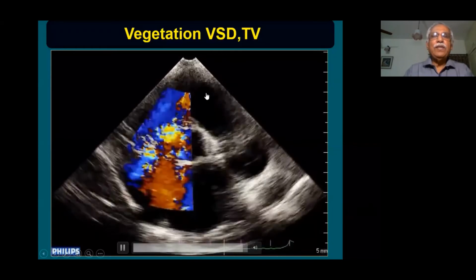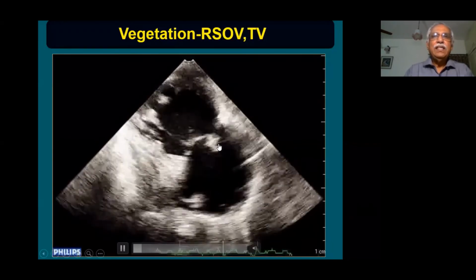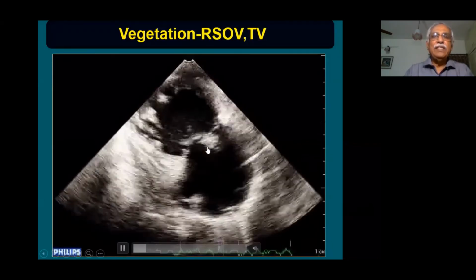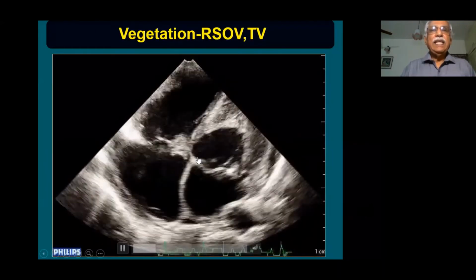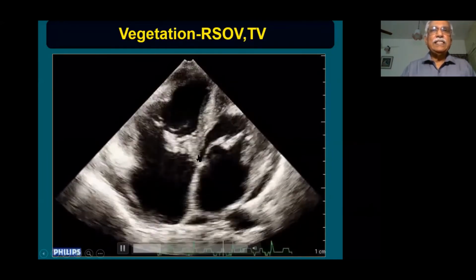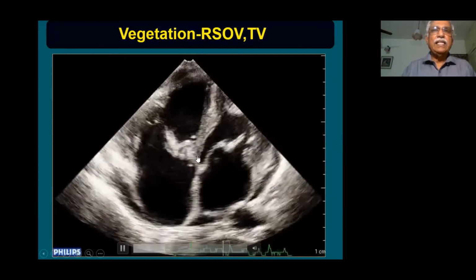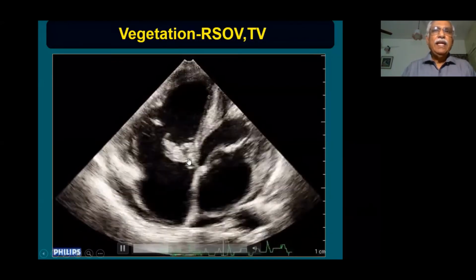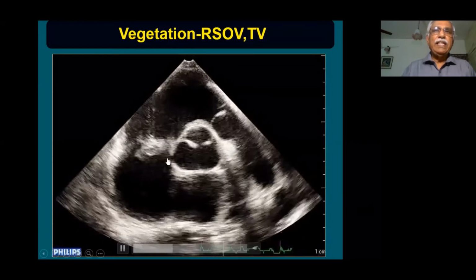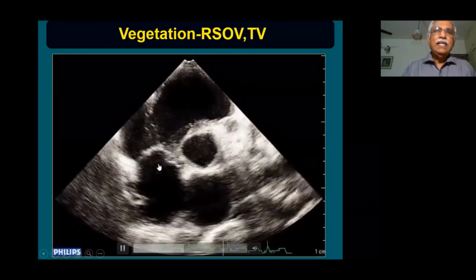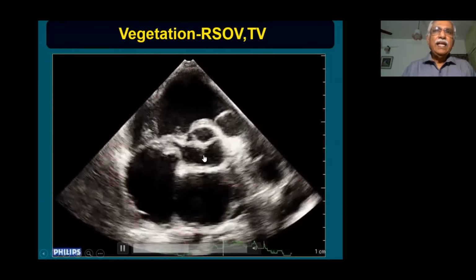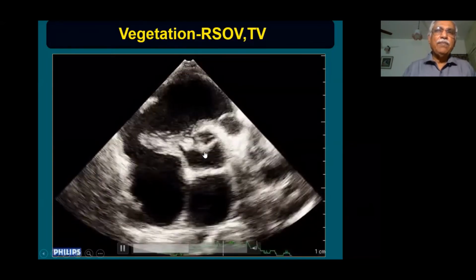This is another patient with a tricuspid valve vegetation. You can see the anterior mitral leaflet. There is a vegetation over the anterior mitral leaflet. And you can see again, there is a tissue which is extending from the aortic sinuses into the right atrium. And it is showing some cavity inside. This tissue itself is filled with dense echoes. And the aortic valve also shows some masses.